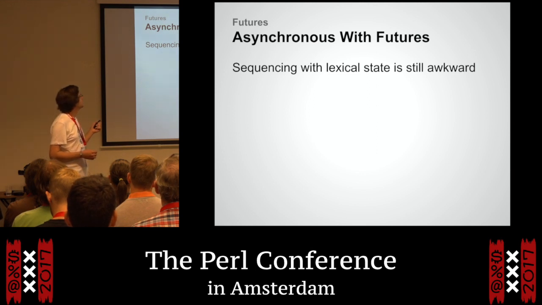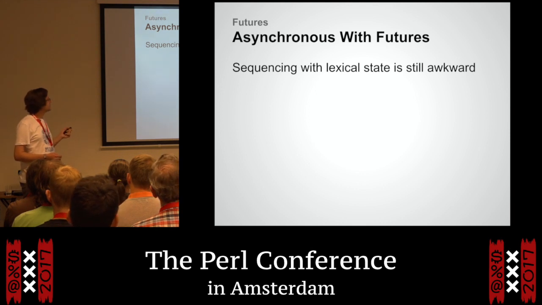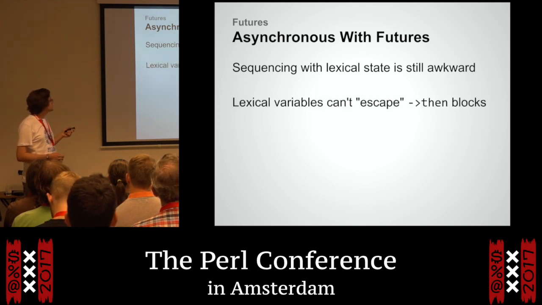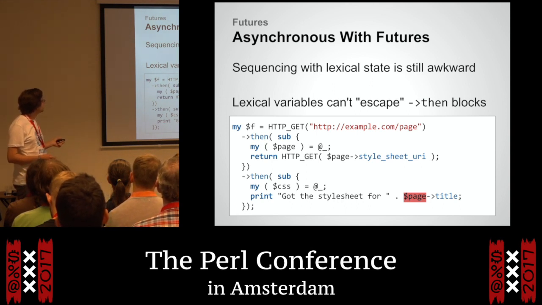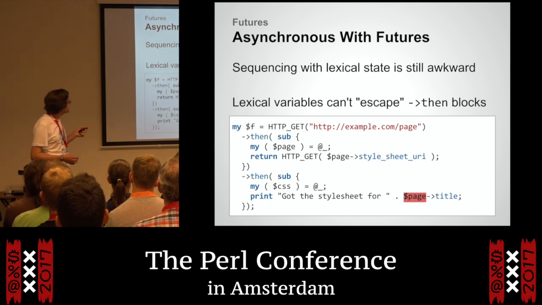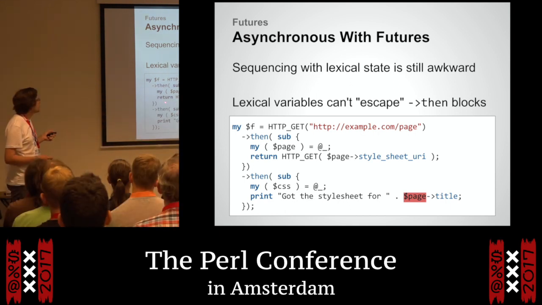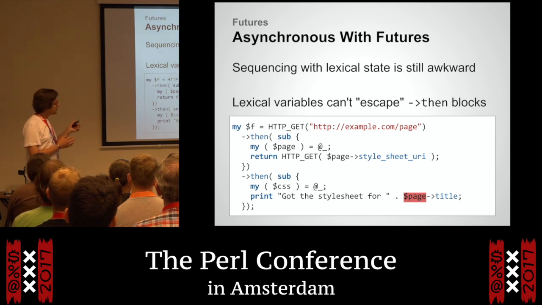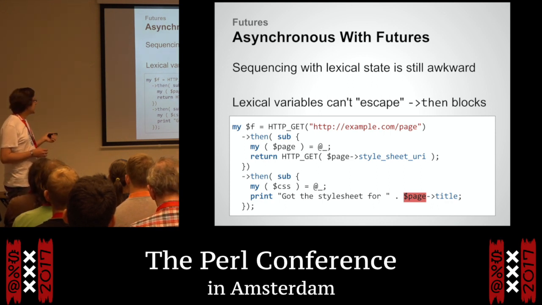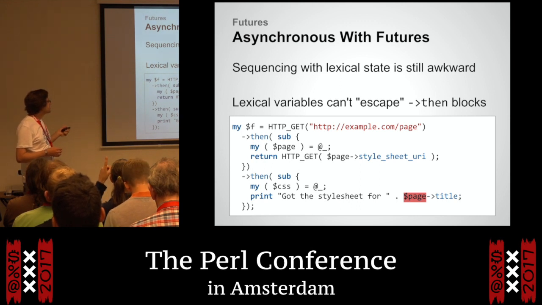One kind of problem that we still have with just futures, though, is that if you have a long sequence, then let's get to the code already, and I'll talk about it. So if you have this long sequence of then blocks, each one is its own lexical scope that can't see the other ones before it. And so this is kind of a problem that we've made by not having nested callbacks. Because if you have nested callbacks, each one can see all of the variables in its parents. So even though the code looks messy and indented, it can at least see all the variables. But we have this kind of problem here.